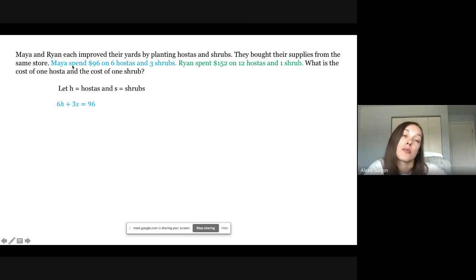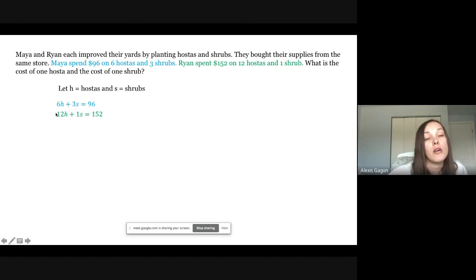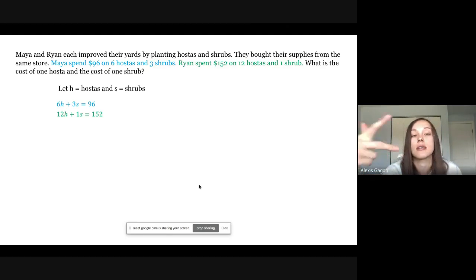So that means for Maya, and I'm just going to do it in the same color, that 6H plus 3S equals 96, the $96. And then Ryan's bought 12 hostas and 1 shrub, so that's going to be 12H plus 1S equals 152. So that's the 2 equations, and that's the first question on the quiz today, is just like set up the